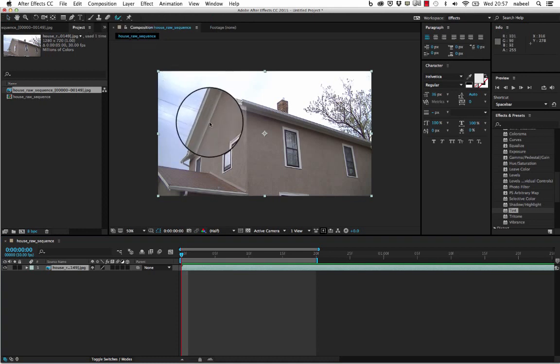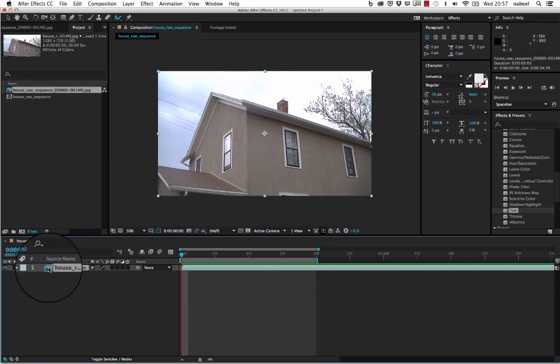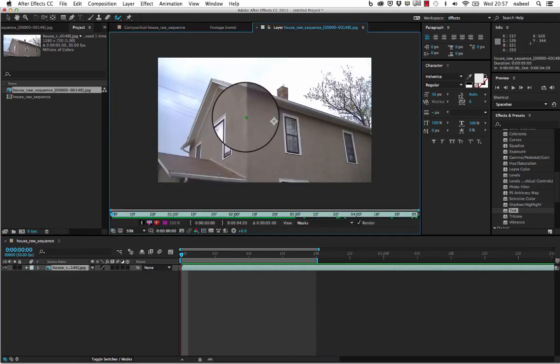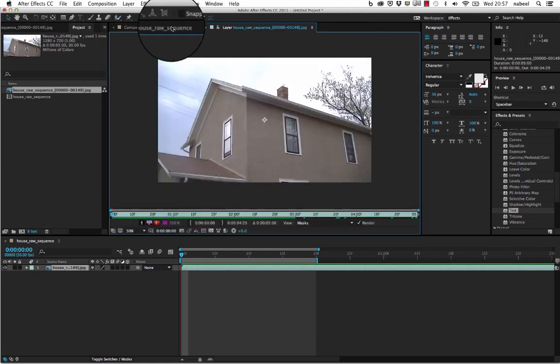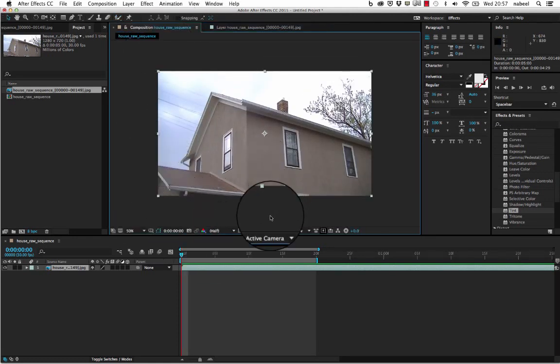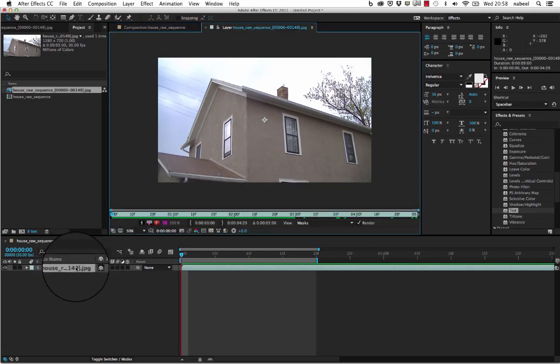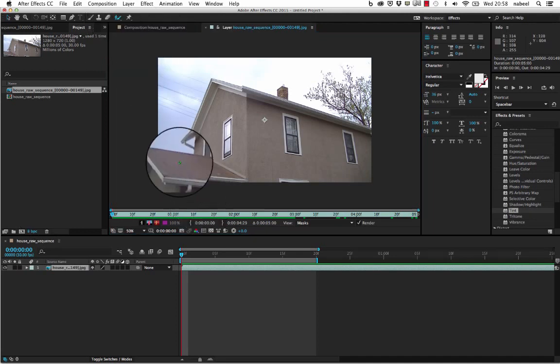And what it does, it's basically, I'm going to double click on this house first, and remember that you're always working with layers. You're not going to work on your composition or your footage, because composition is something where you have all your master scenes. So we're going to work as an individual layer, which is here, and use the rotoscope tool,